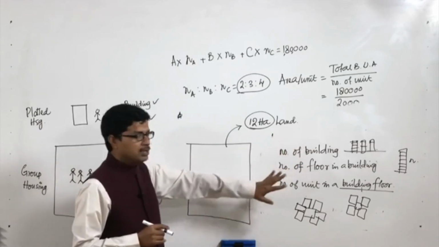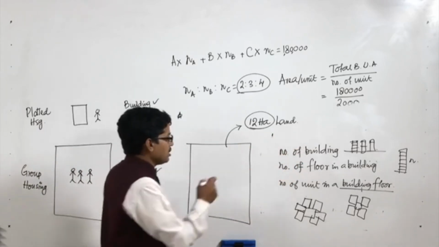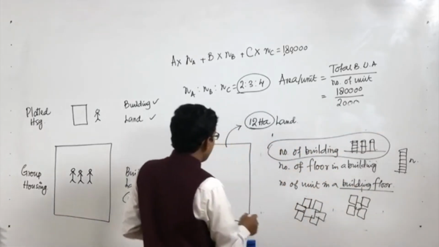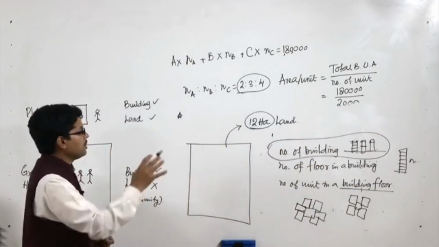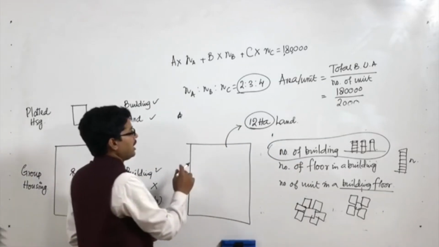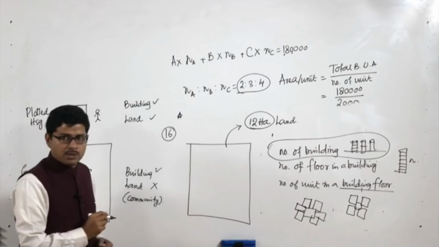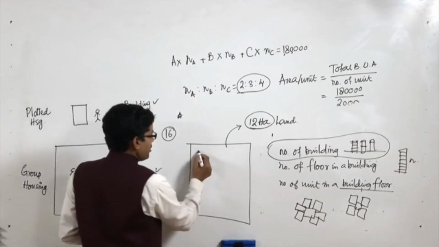Now, let us discuss how, after deciding on the number of building blocks, number of floors, number of units, we need the building profile, how many blocks will be provided. For example, in this case you are finding that 16 building blocks have to be accommodated. Now 16 buildings could be accommodated in